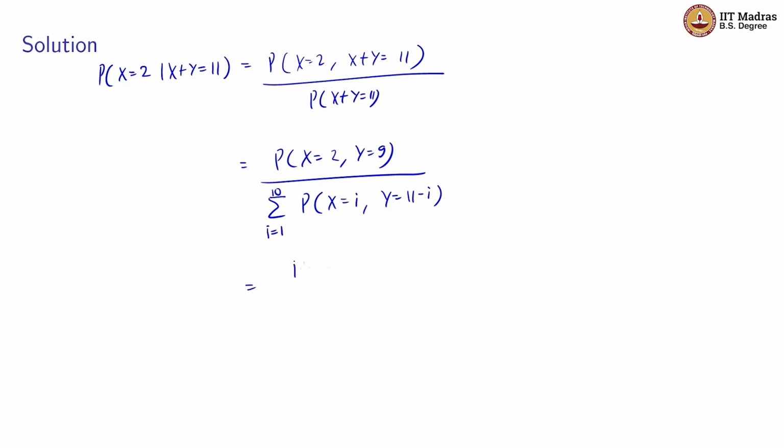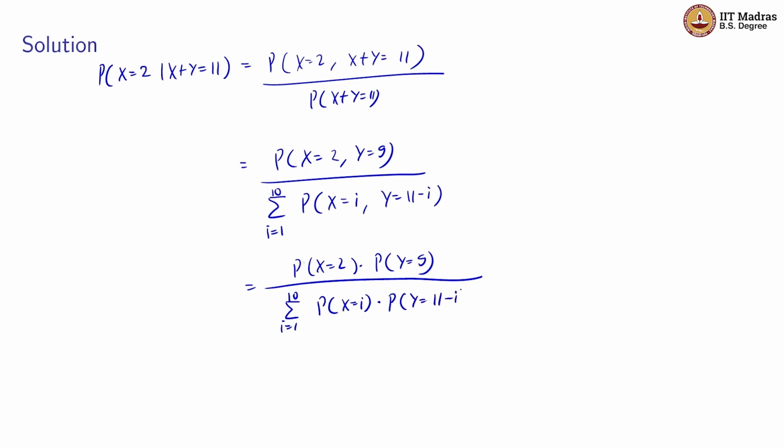so on further simplification this will be equal to probability x is equal to 2 into probability y is equal to 9, divided by summation i from 1 to 10 probability x is equal to i into probability y is equal to 11 minus i. Now on using the PMF formula of the geometric distribution, the probability x is equal to 2 will be p into 1 minus p raised to the power 2 minus 1, this is 1, into the probability y is equal to 9, so this will be p into 1 minus p raised to the power 8,